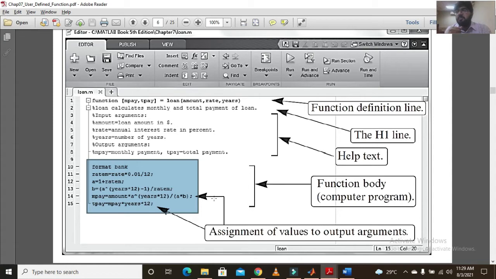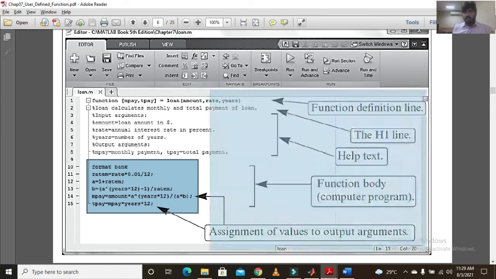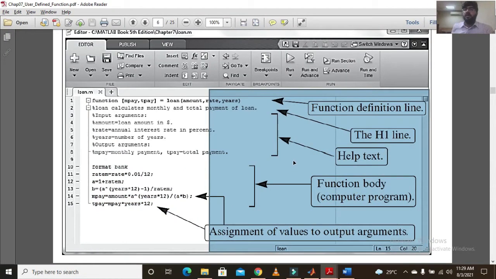Whatever you have studied till now, you can use inside this function body. Making the function file is not even different as compared to the script file. So this was the general introduction, the general layout of the function file.